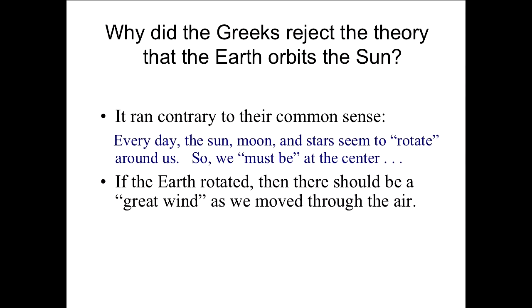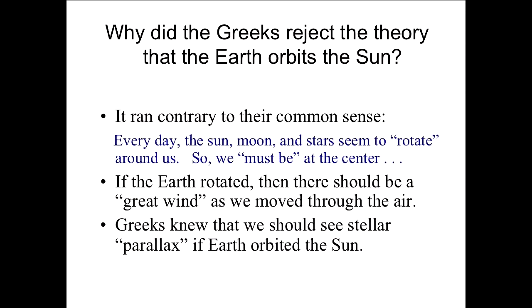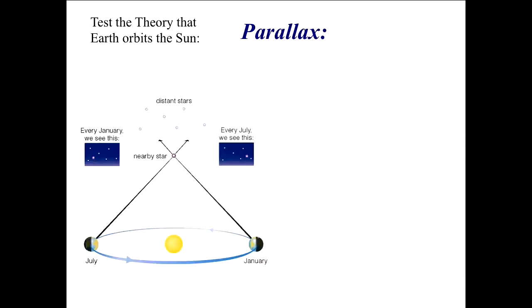This is really important. If the Earth goes around the sun, then as the Earth goes around the sun, we would view the stars from a different perspective every 6 months. You start over here, you orbit around the sun, you view the stars from 2 different angles. That should make the stars appear to move just because of our different vantage points. So, did the Greeks observe